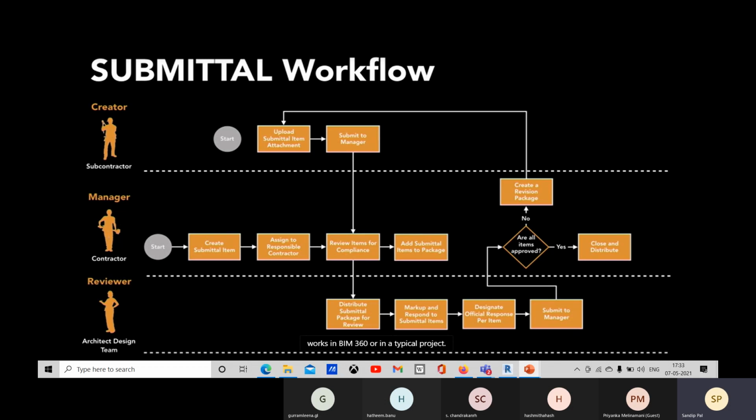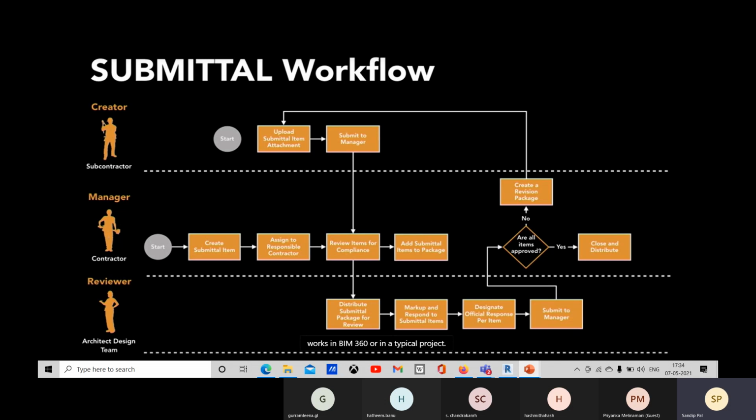Suppose you are creating an empty container, and you submit the empty container to the right person, and that person will fill it up with the right information and documents so that you can install the right building component in the site.